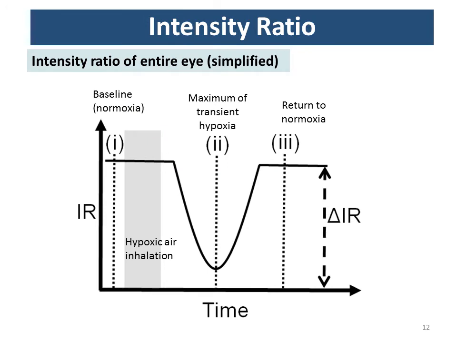So what we'd see in the intensity ratio, if you looked at the intensity ratio of an entire image, this is a simplified representation. What you'd see is at the start, at some normoxia baseline, and then subjects would inhale the hypoxic air mixture, and we'd expect to see a decrease in the intensity ratio of the entire eye, reaching a minimum point corresponding to the maximum of this transient hypoxia, and then we'd expect them to return to normoxia. And the key thing that we need for this dye-free angiography to work is this change in intensity ratio. So it could either be from here to here or here to here, and we use this point from the middle. It's from point 2 to point 3, because that allows us to visualize this change for a long time